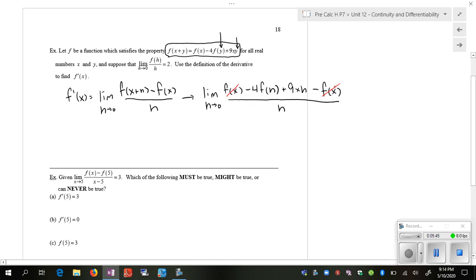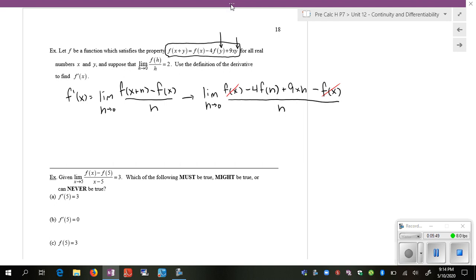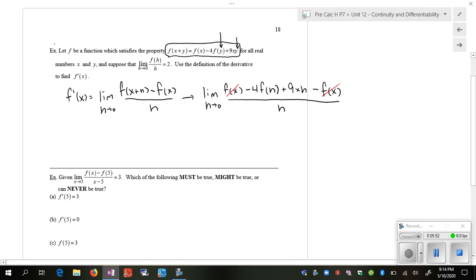So now we get the limit as h goes to 0 of negative 4 f of h plus 9xh, or hx, over h. Now I can't cancel the h's out, because this is in function notation, so I can't cross